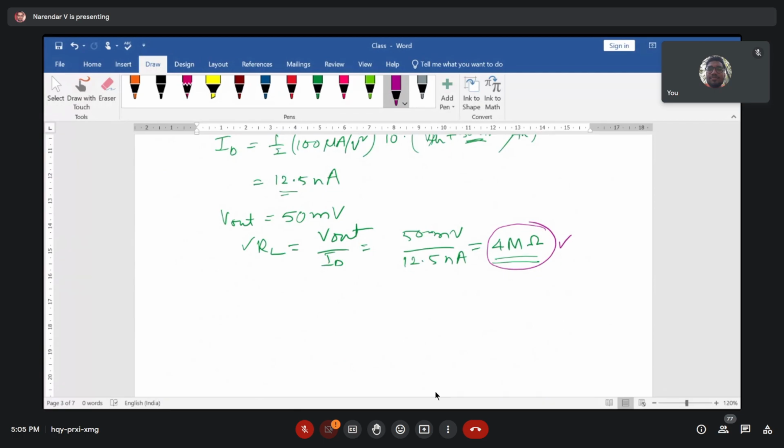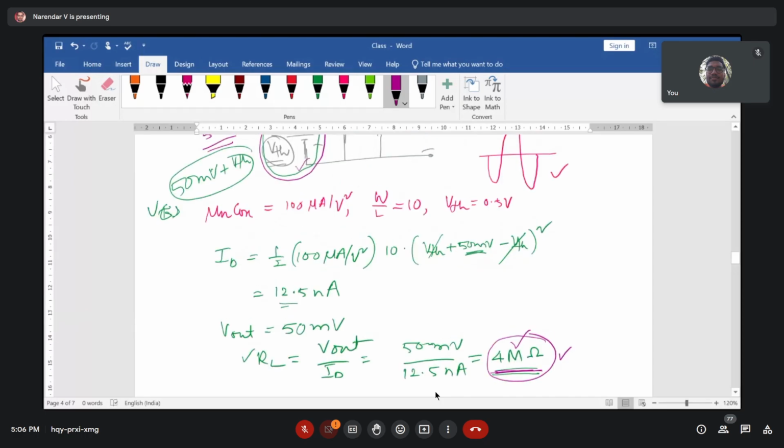So this RL value required is pretty high. And we are well aware that IC technology does not recommend using a resistor in IC fabrication along with your MOS transistor, because this resistor generates a lot of heat, which can cause malfunctioning of the entire IC. And the resistance value is pretty high, so it is not at all recommendable to go for amplification like this. And the condition here that we followed is that